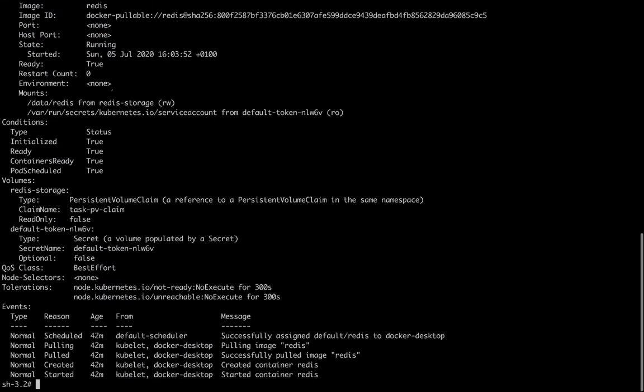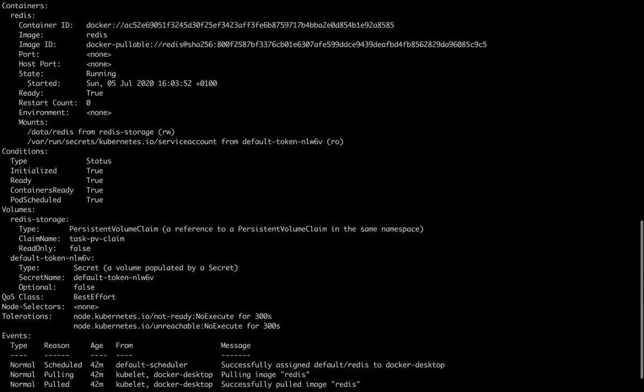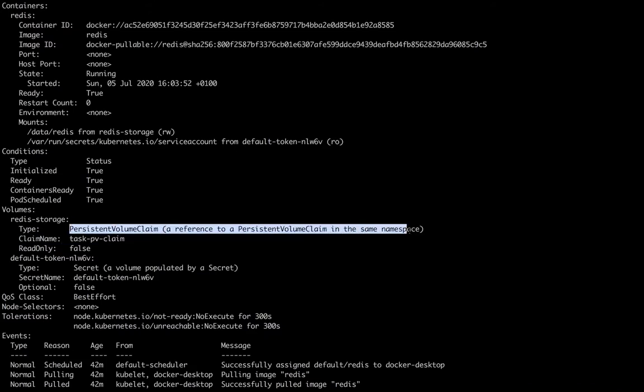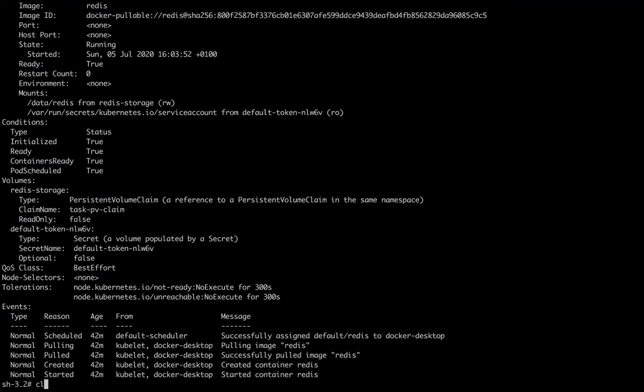Here also we go to the volume section the same way. So here you can see that the type is persistent volume. And the question asks that the pod be up and running as usual. So kubectl get pod, and the pod is up and running. They have been running for 43 and 41 minutes because I created them earlier.